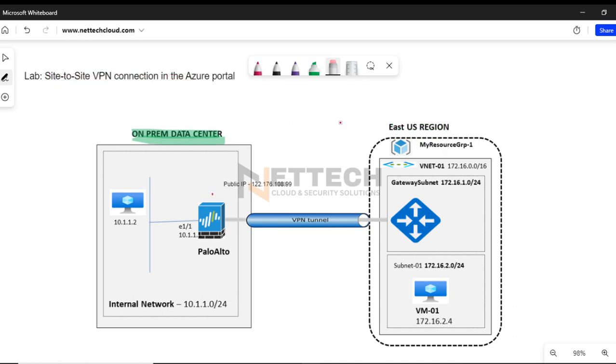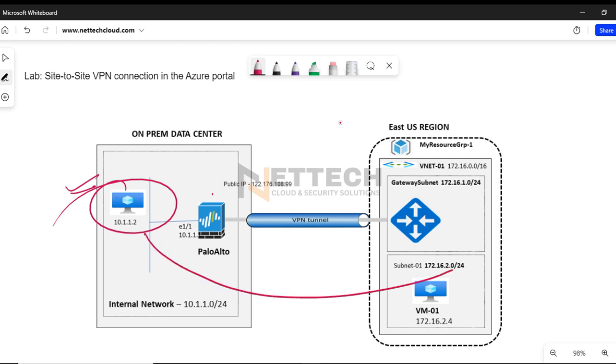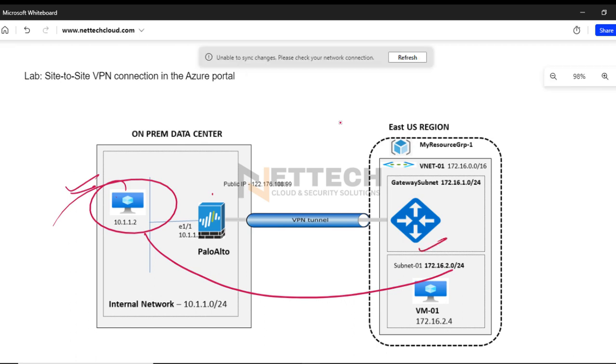The objective is to set up an IPsec tunnel between the on-prem data center and Azure cloud so that servers or computers behind the Palo Alto Firewall can communicate with resources or virtual machines in Azure cloud with private IP